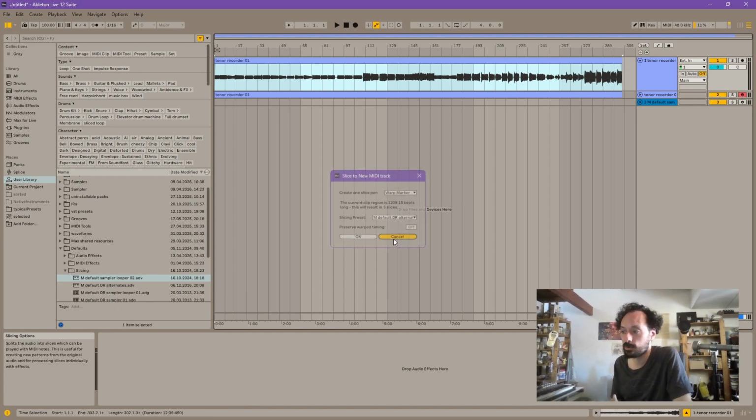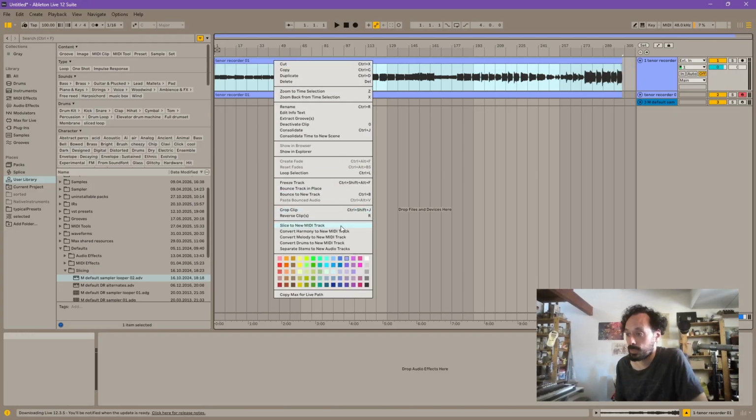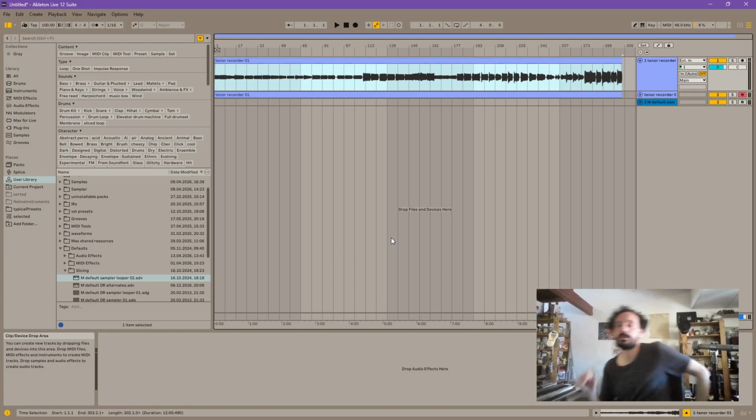But I don't know, just in general, I have the feeling that everything that is about using your own samples or slicing presets or whatever is being slowly deprecated or not taken care of in Live. I don't know why. And last week, for one week, it had completely disappeared from this menu, so I could not even use them anymore. And even though they seem to work again,